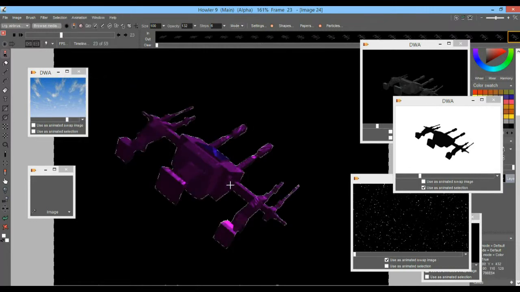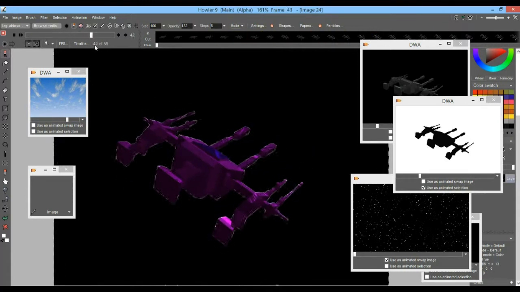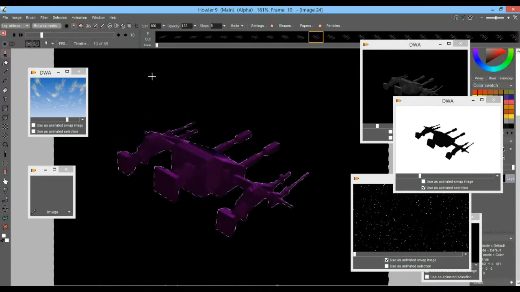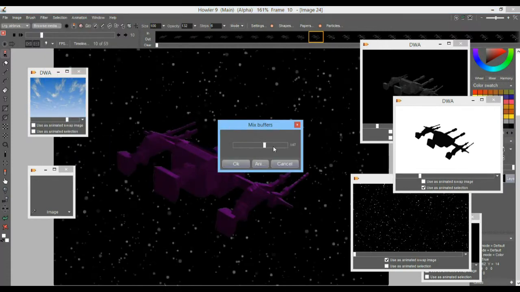It should turn purple here inside the spaceship, indicating that that one is not allowed to change, is not selected. These pixels are not selected for operation, and that means the rest around it, which still is black, will be allowed. And so if we can now go to that combiner swap mix buffers,